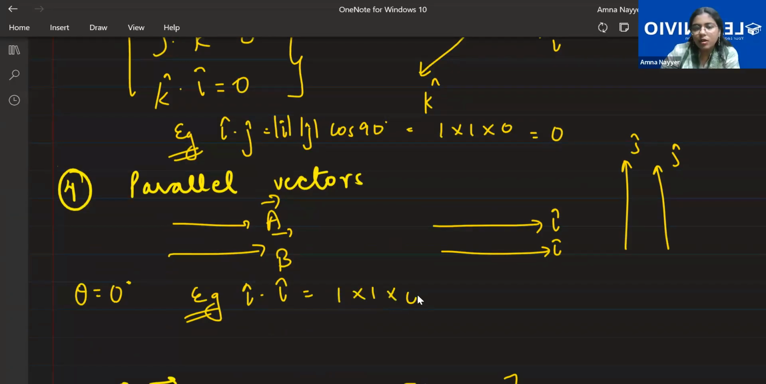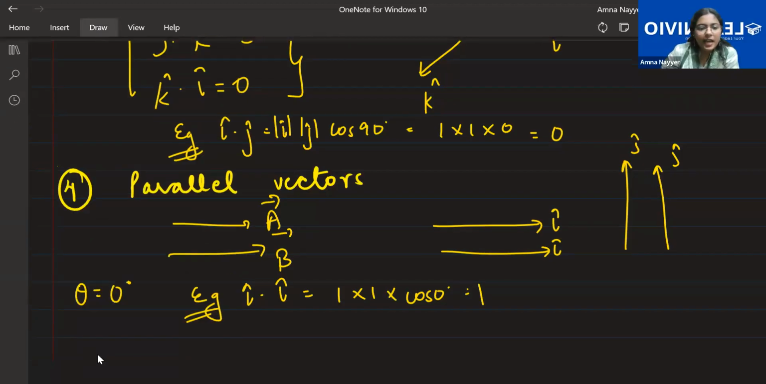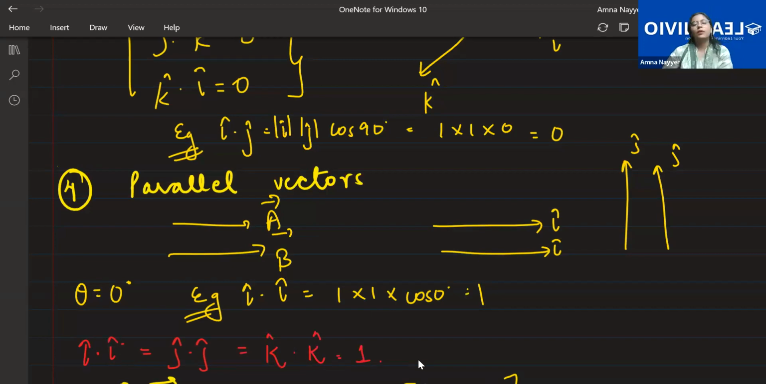Magnitude 1 into cos 0 degree, which is also equal to 1. So when you have these, the resultant is always 1. So you have I cap dot I cap, which is equal to j cap dot j cap equal to k cap dot k cap equal to 1. Okay. Last property